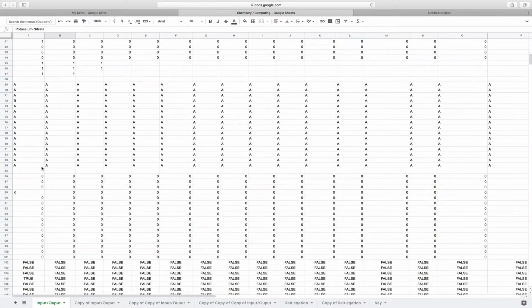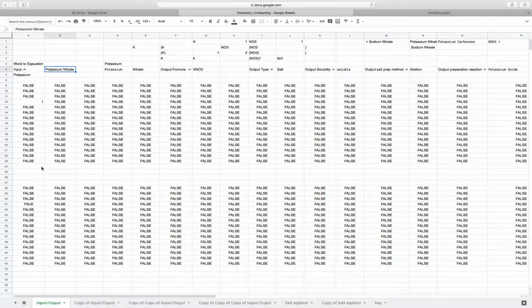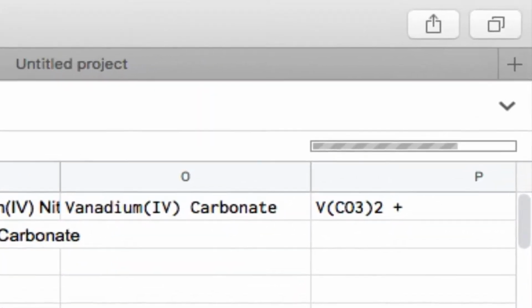And you might just be thinking, this is just a wall of falses and A's and whatever this is. And you would be absolutely right. So the question is, what does this Google Sheets actually do? Well, I can answer that very simply by putting in here a random compound, say vanadium 4 carbonate. And as you can see, it fills out all of this, and once it finishes loading,